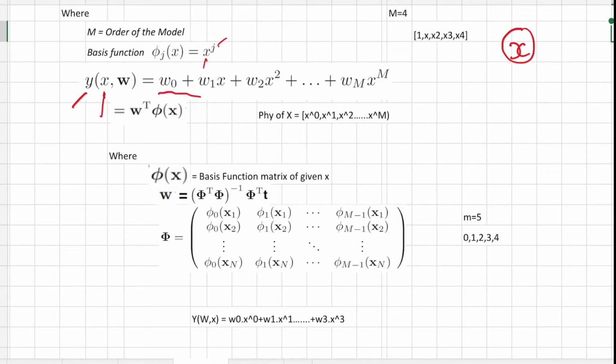a scalar value. For each new x, the value of y would be this one, where w0 is the bias, and the next term of this equation is w1 x raised to the power 1. Because this is a polynomial model, we are talking about x raised to the power of the order of the polynomial. For example, if the order of the polynomial is m, this model would be w0 multiplied by x raised to the power 0, because there is something hidden here, plus w1 x raised to the power 1, w2 x raised to the power 2, and at the same time wm x raised